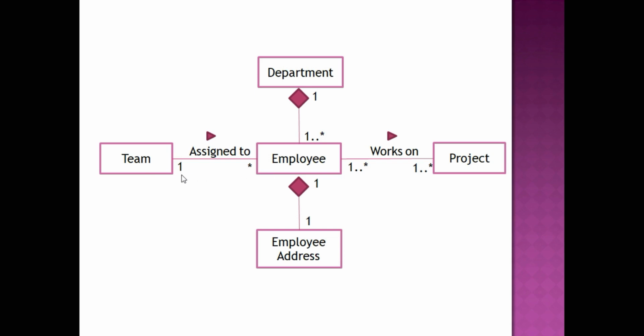If you observe here, I just put a star. I didn't say one or star, so it means one team can have zero employees or more, zero or more. Why I put an asterisk sign only, or why I said zero or more employees, we will study at the time of studying the one-to-many relationship. Now let us switch to Visual Studio to study the entity configuration practically.